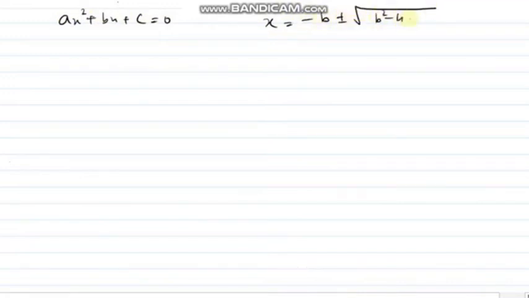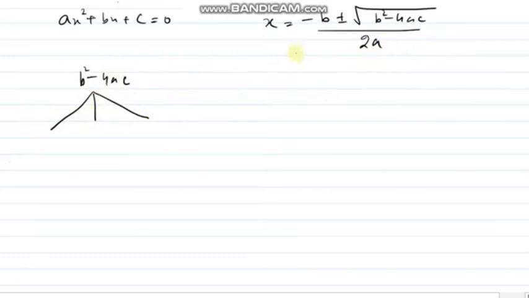If a quadratic equation is ax square plus bx plus c equals 0, we have known that x equals minus b plus minus root over b square minus 4ac divided by 2a. So this b square minus 4ac is known as the discriminant. As this is under root, it plays an important role here.